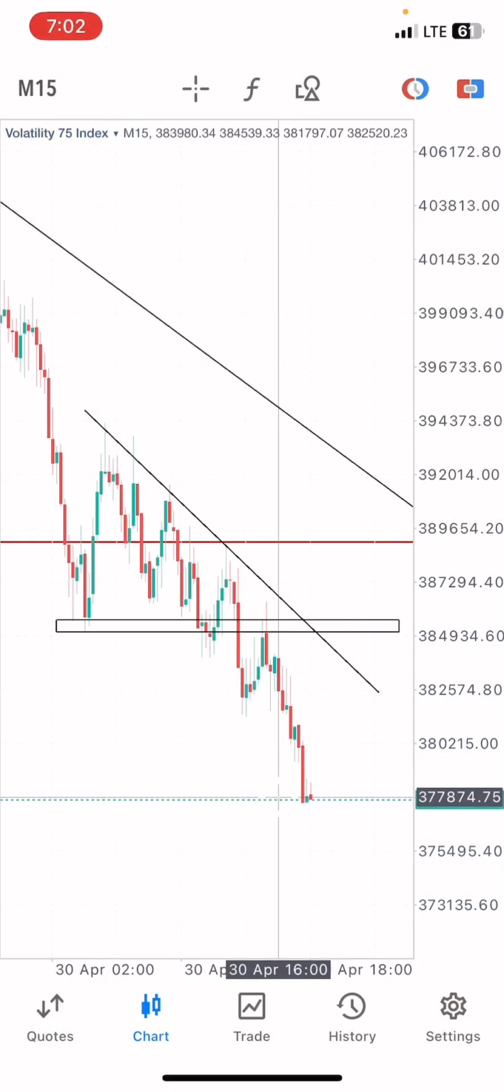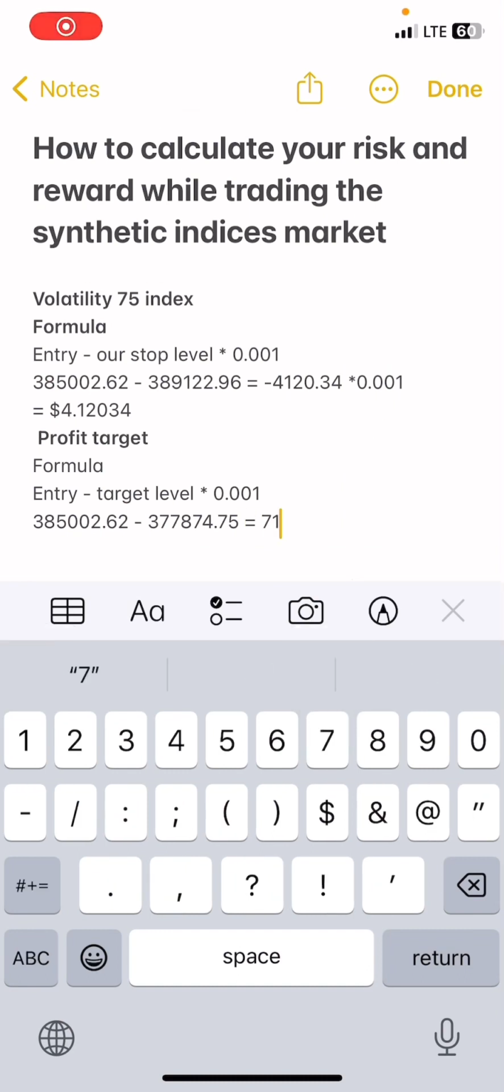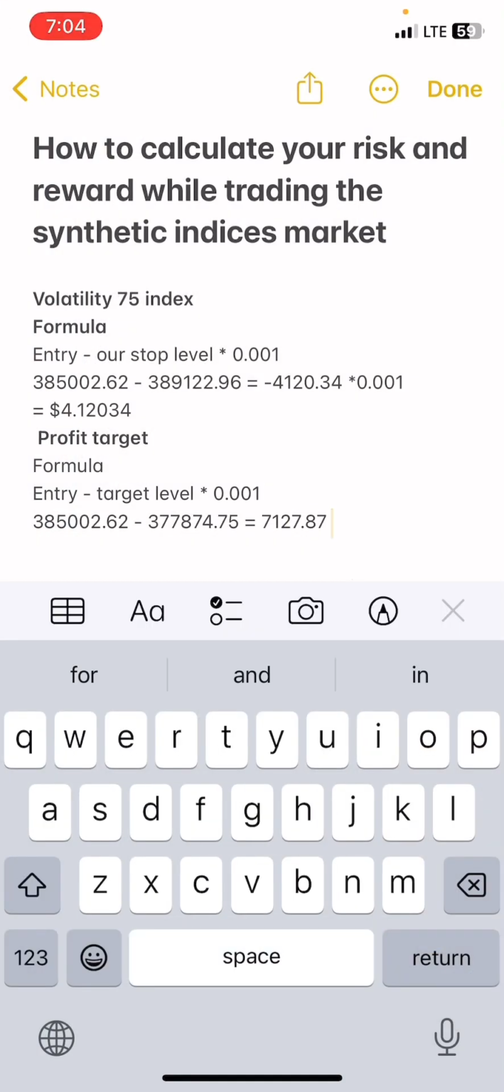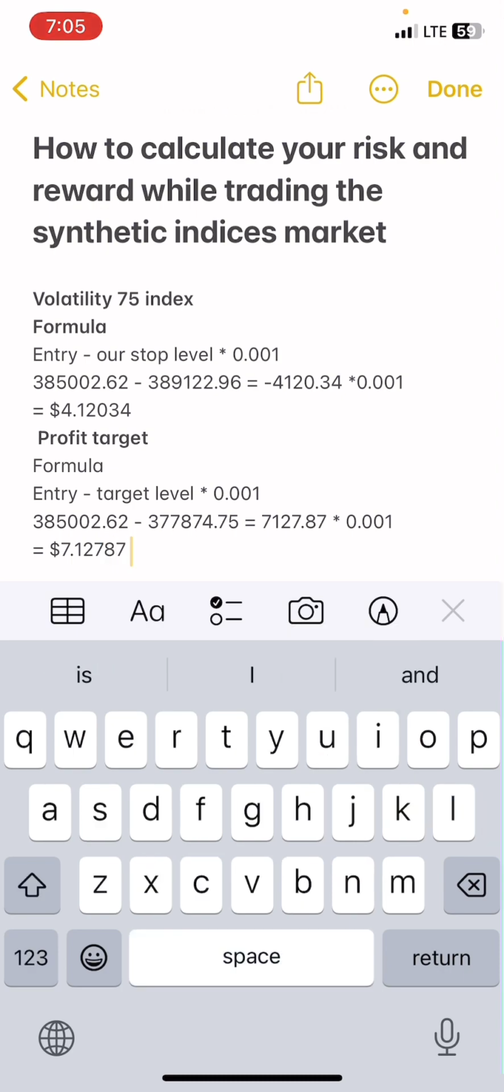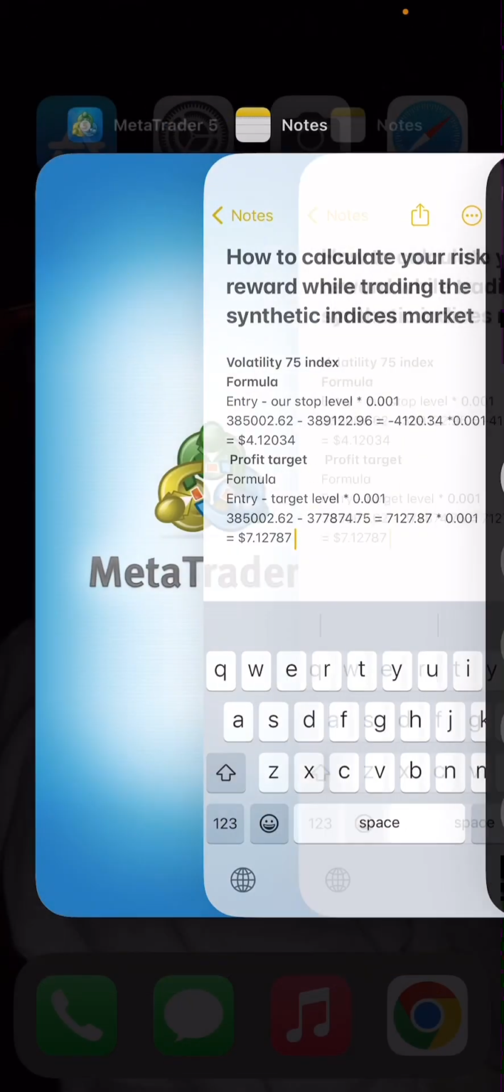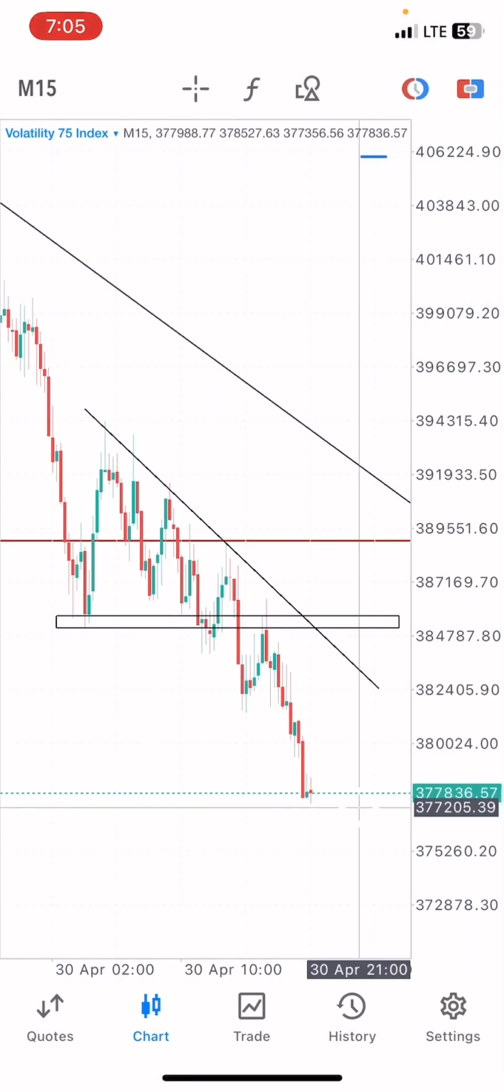377,874.75. That's it, right? Yeah. So our target level, let's say this is our target level. So we'll be having 7127.87. That's what we get when we subtract our entry level from our target level. So we'll be getting 7127.87 multiplied by our lot size, which is 0.001. 0.001 lot. So we'll be getting 127.87 dollars. So this will be our target if we are to have our target level at this point. If we are to place our target level at this point, basically, if this is our target level,